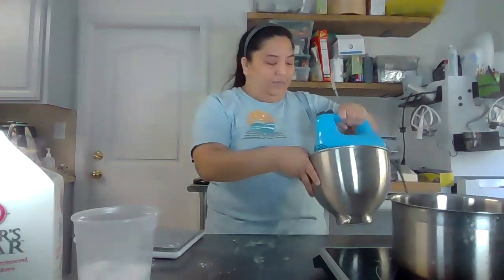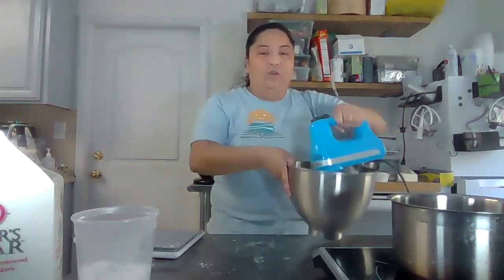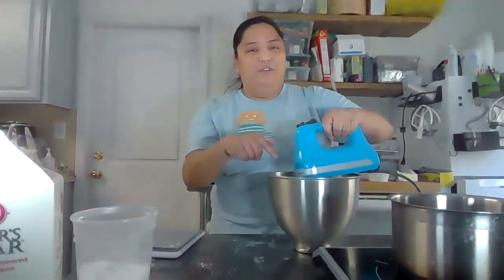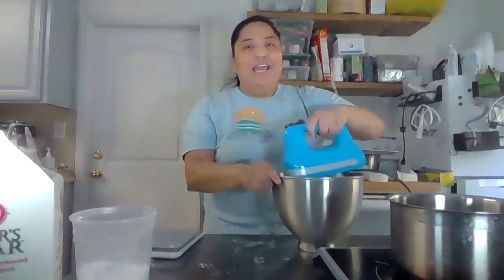I've done all three. I don't like the Italian version because it's always hard for me to get a mixer to my stove close enough. And I'm always scared that I'm going to burn myself because the bowl is hot at that point. The first time I learned this was through the Swiss method. But I found, at least for myself, it's a little more unstable when I moved to California. So I'm originally from Chicago, and my recipe from Chicago to California to my various houses that I live in here has changed